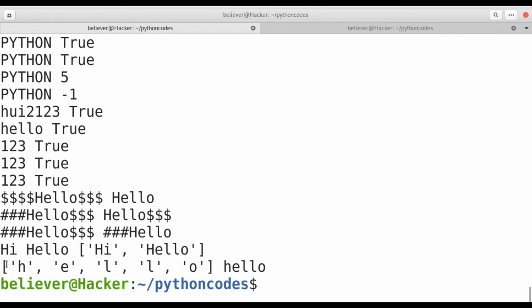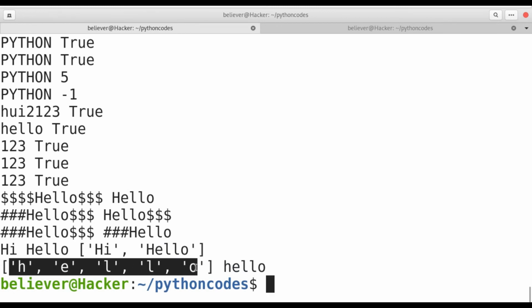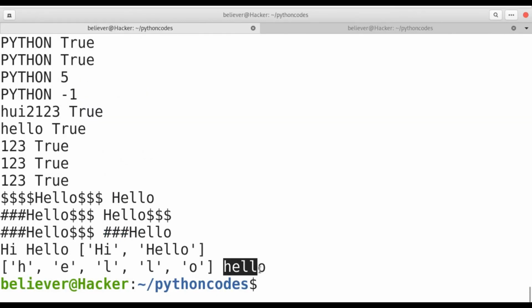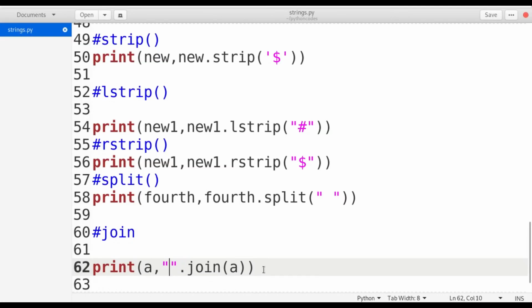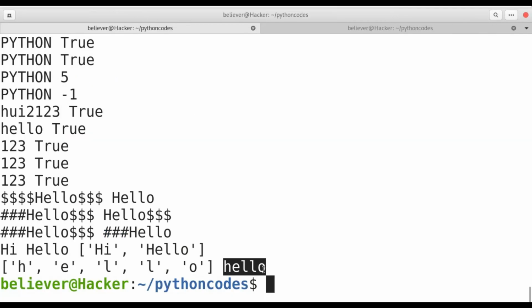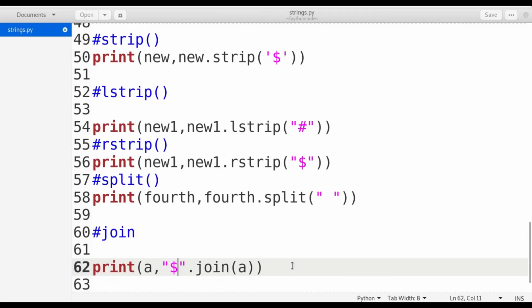If you see here, initially all these characters are in the list. Whenever I apply the join here, join converts all the characters into a string. Suppose I give a dollar here, then if you see the output, after every character I got the dollar. In this way I'm going to use the join.